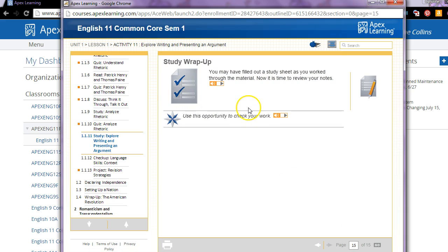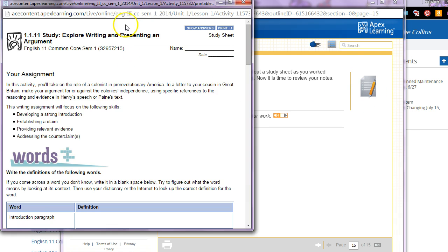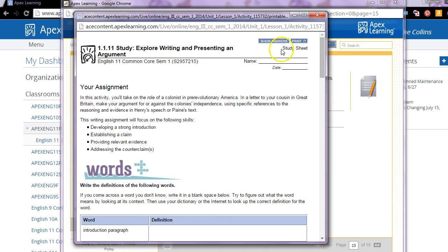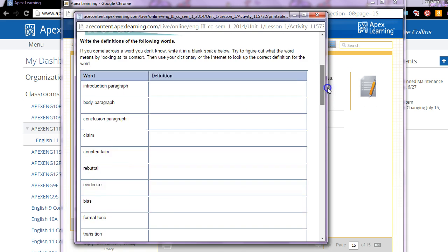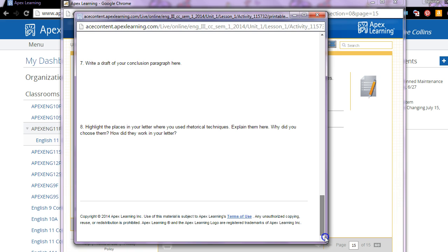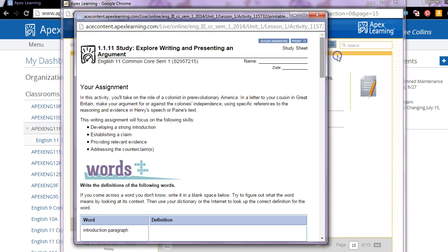And the study wrap-up. You may have filled out a study sheet as you worked through the material. Now it's time to review your notes. So if you didn't have the study sheet at the beginning, they give you an opportunity to write the study sheet at the end. I do want to make the point, this is not what you turn into me. This study sheet is for you to study. That's exactly what it is. That's why